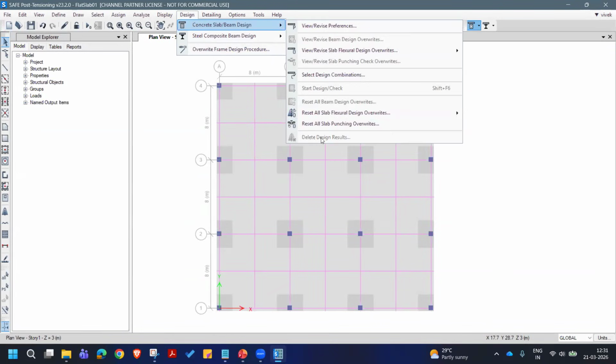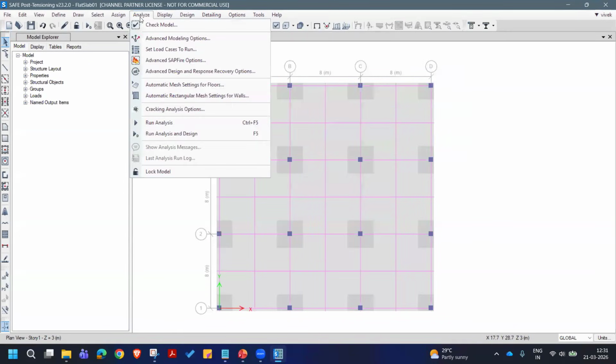right? So the important thing to note is when you run the analysis and design, the design results are retained for the next analysis that will be used in a nonlinear load case. So make sure you're deleting them if your input is user defined. So in this case, I have deleted. I'm going to use